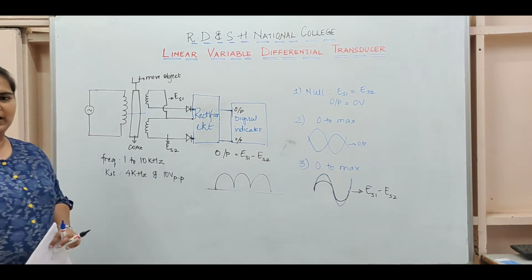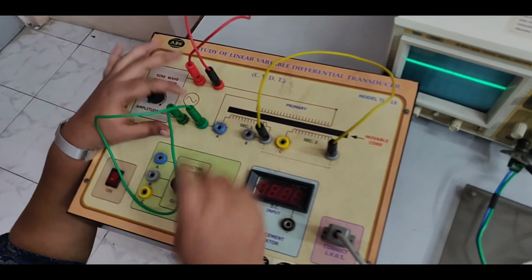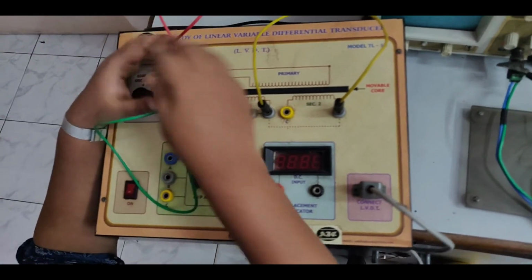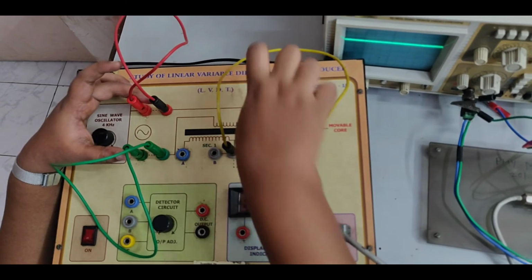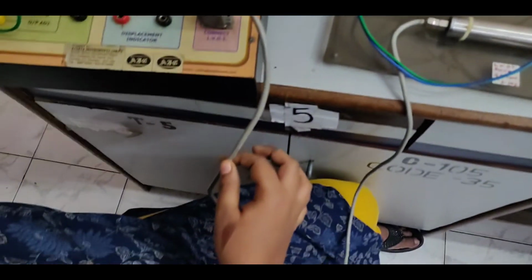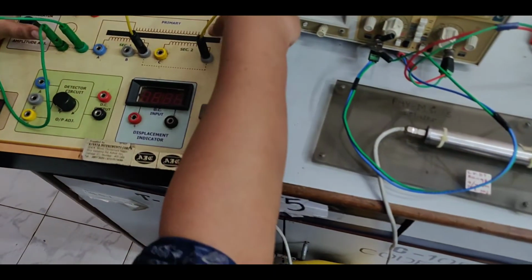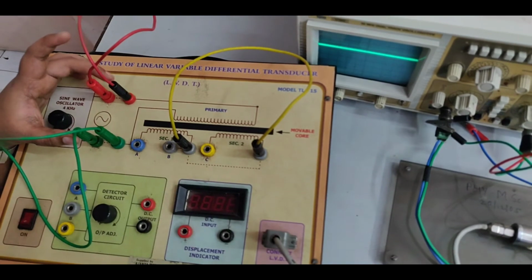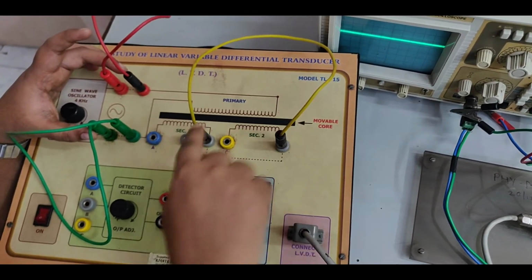So let's move to the experimental setup. So this is the experimental setup. These are the two primary ends of the coil. So you will connect these, like this is the primary coil here, as you can see in the diagram. This is basically the core which we'll be displacing. It's actually internally connected over here. This is the movable core. These are the secondary coils. Now, as I had shown in the diagram, the two secondary coils are connected in series. So as you can see, you will connect the dotted lines.